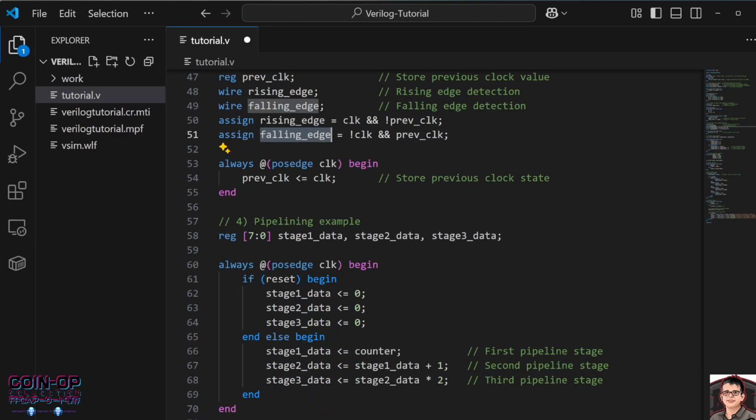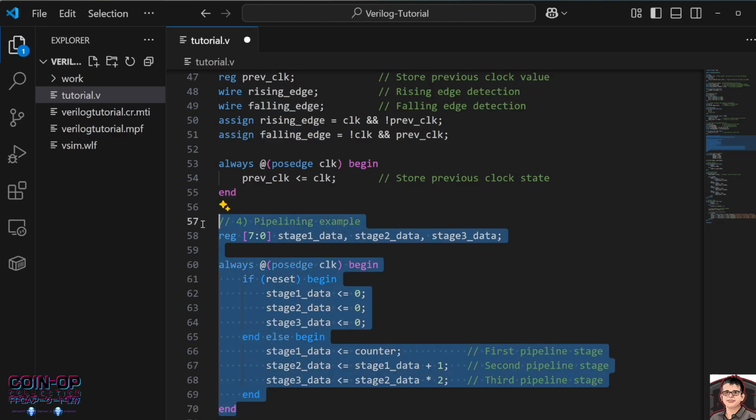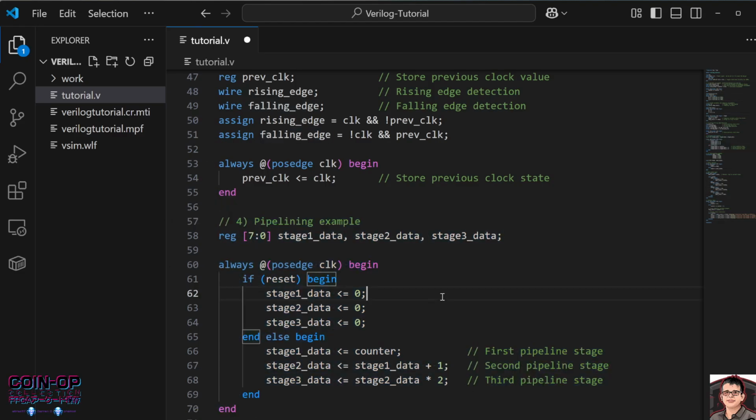Okay, let's talk now about pipelining. Pipelining is a very important concept. It's used in a lot of different places. More frequently, it's used in synchronization types of things, right? Or it's used as a way to process streams of data. I've used this type of pattern in streaming data. Like for example,